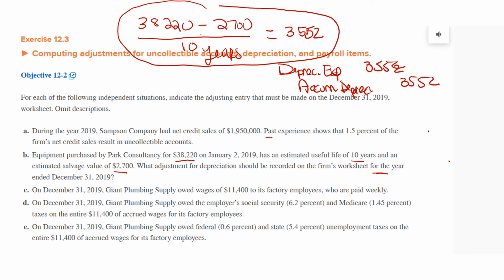All right, last one is just an accrual of payroll. This is letter C. It says Giant Plumbing owed $11,400 to its factory employees who were paid weekly. So that's just going to be a wages expense debit for $11,400, and then you're going to credit wages payable for $11,400. They went ahead and just gave you them out. You don't have to worry about D and E on this problem in this chapter. I'm not going to test you on the tax part of this chapter on accruals, but you should know how to do a basic payroll accrual. You would debit wages expense and credit wages payable. On the next slide, I will walk you through the exact entries